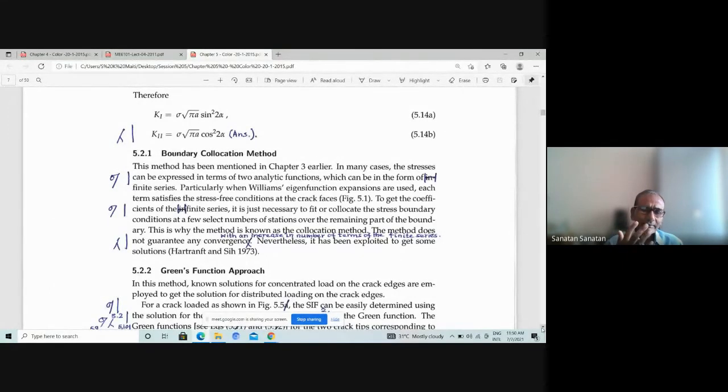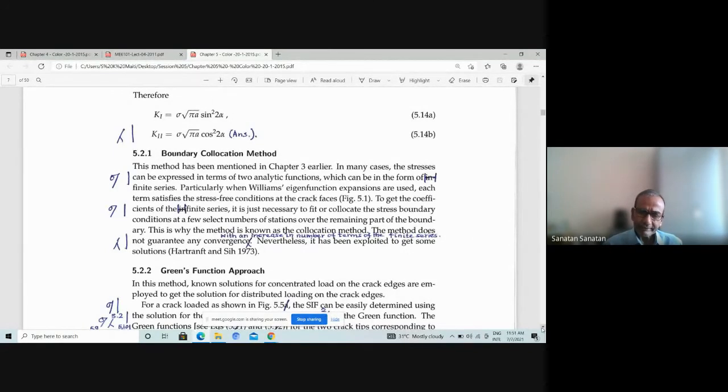So you can write the expression for stresses in terms of your preferred coordinate system, and then at every location on the boundary, you know the x and y coordinate and you know the values. And those values are going to be given in terms of all the constants that are involved in the expression for stress function. And therefore, knowing the values of the boundary stresses, you can get a number of equations.